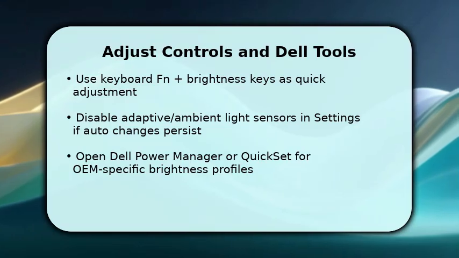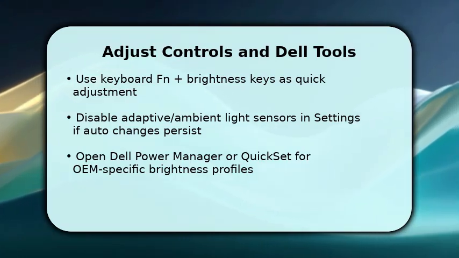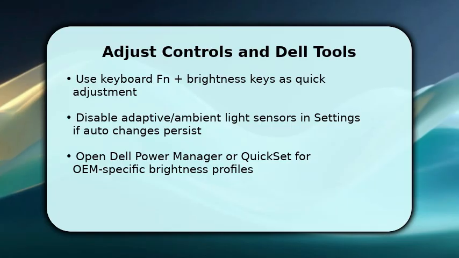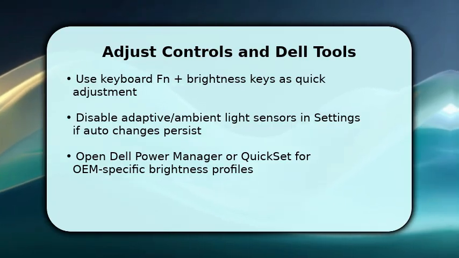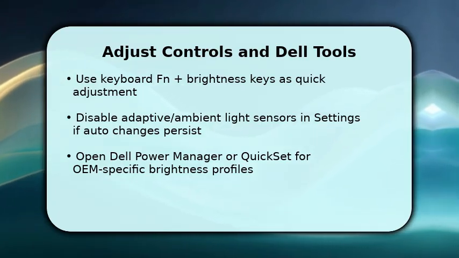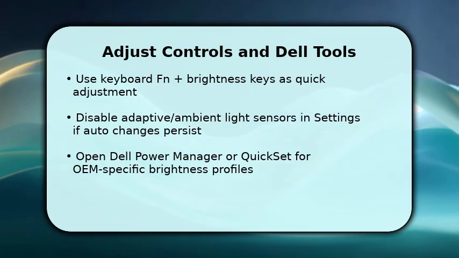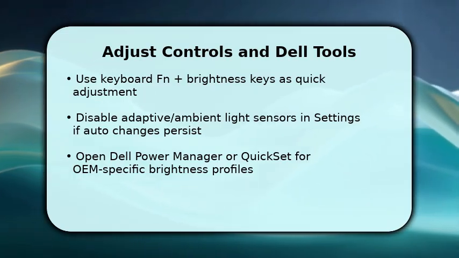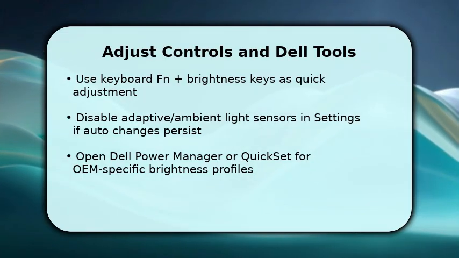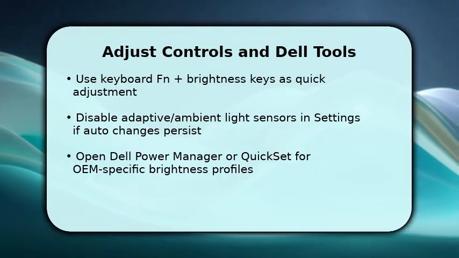Now refine brightness using both Windows controls and Dell utilities. You can press the FN plus the brightness keys on your keyboard for immediate changes, which is faster for quick checks. If the display still fluctuates, make sure to disable adaptive or ambient light sensors inside display settings because those